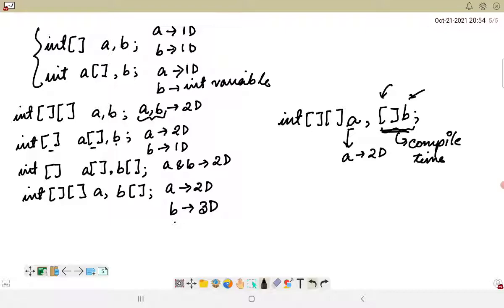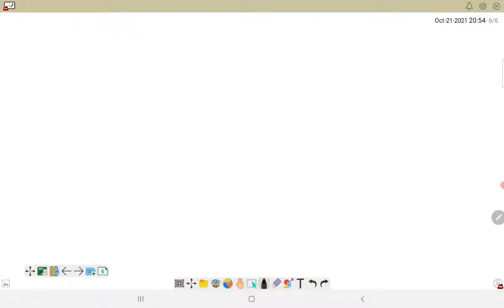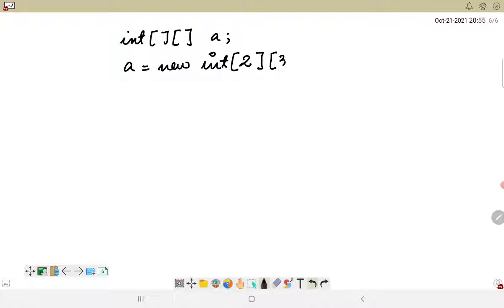Now, this is what it is all about for declaration. Now we have to instantiate it. That means we have to create an array object. So talking about the instantiation, first we have to definitely declare a particular array, which is int. This is the standard notation. So int a followed by a is equal to new int, and let us say I want to define the size as this. So int a is the declaration part, followed by the creation of the array object. So what will this represent?